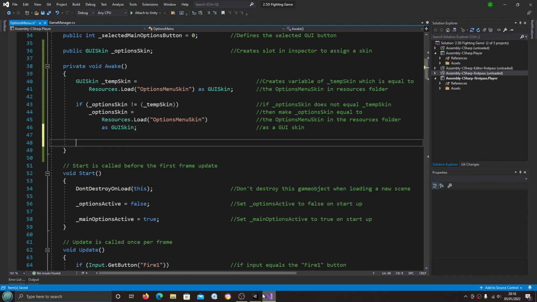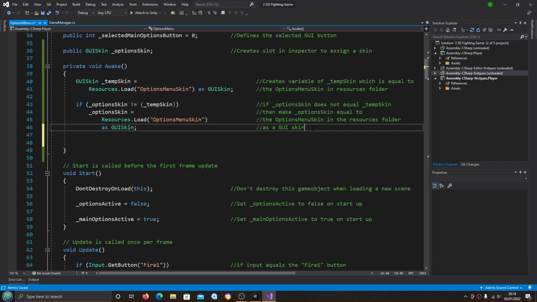So this is a thing I often come across, is people do not know how to change the variables in the skin via code. So that is what we're going to do in this and the coming lessons. It will take a few, but